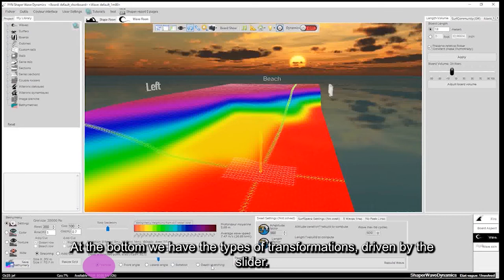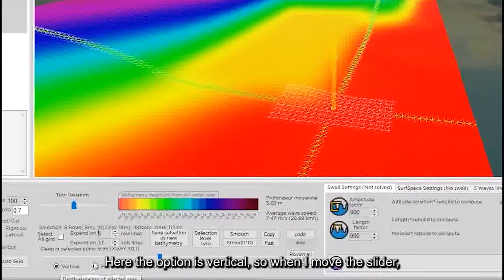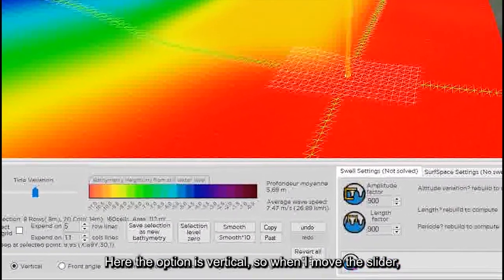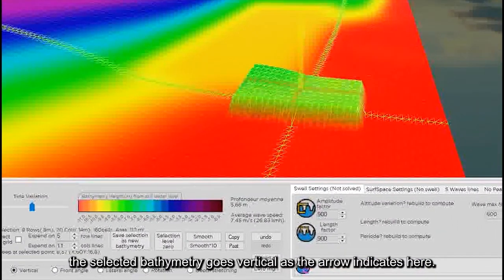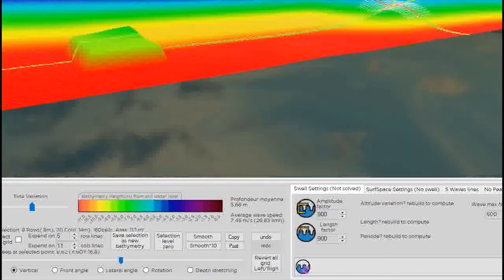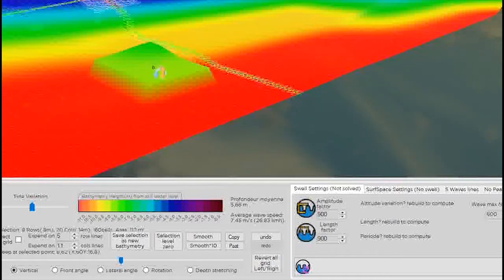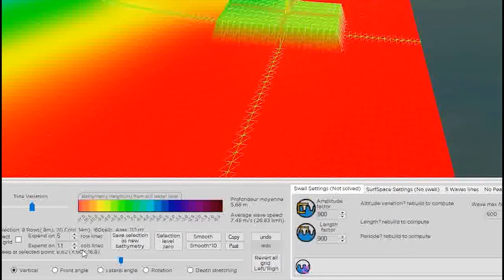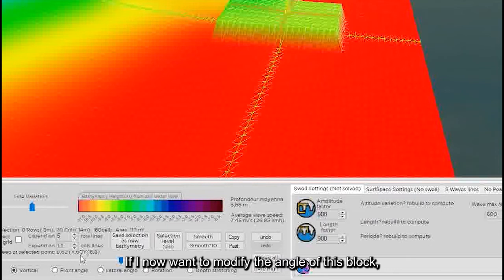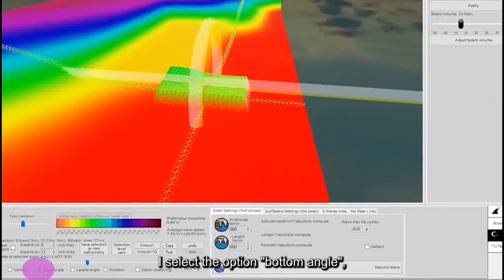At the bottom we have the types of transformations driven by the slider. Here the option is vertical, so when I move the slider, the selected bathymetry goes vertical as the arrow indicates here. If I now want to modify the angle of this block, I select the option bottom angle.